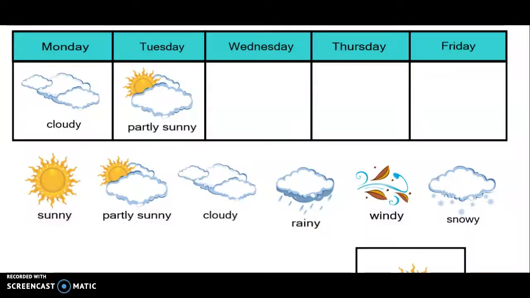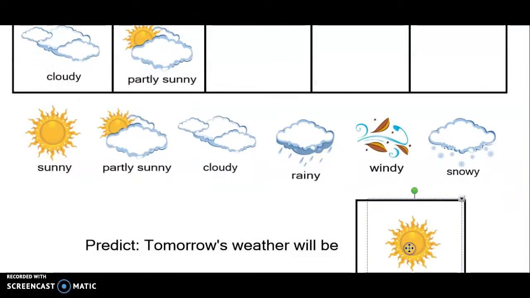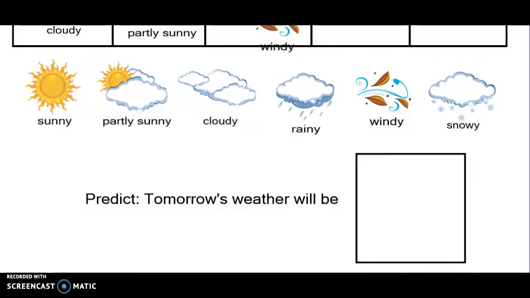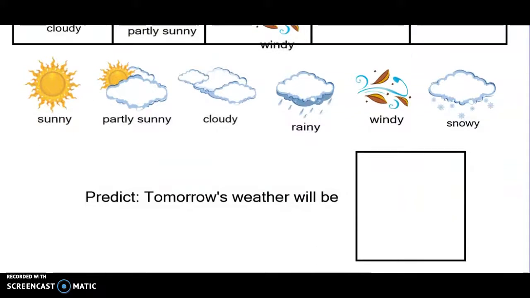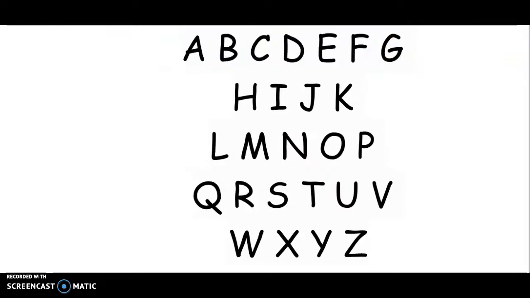Let's go ahead and take a look at the weather. We said it was going to be sunny today. It is not sunny outside. What kind of weather do we have outside? Yeah, it is very cloudy, and it is very windy. My wind chimes are going crazy out there. What kind of weather do you think we're going to have tomorrow? Let's see if we have a pattern here. Cloudy, partly cloudy, cloudy. What do we think? Should we put down partly cloudy and keep up with our pattern? Let's go ahead and do it. See if we're right.